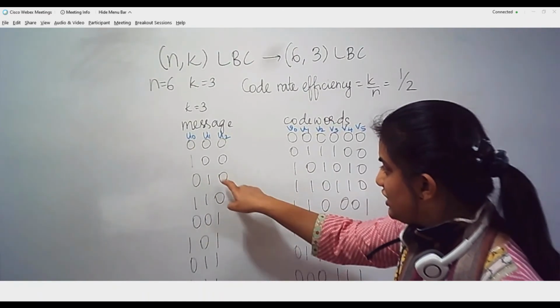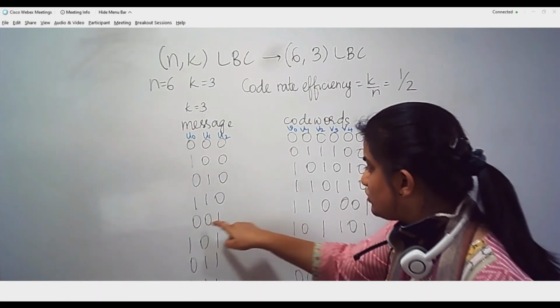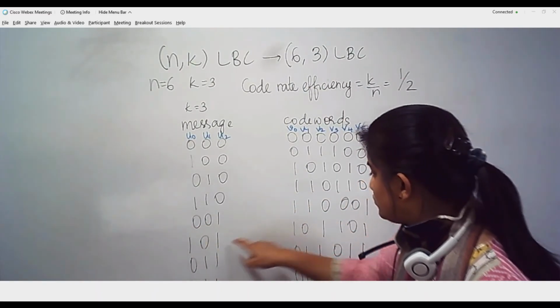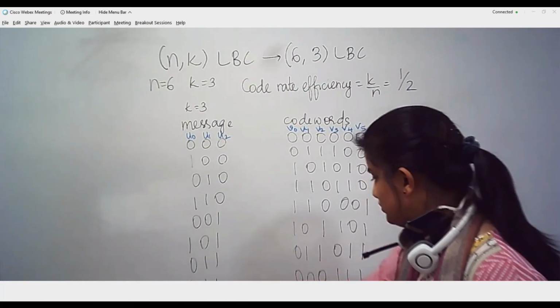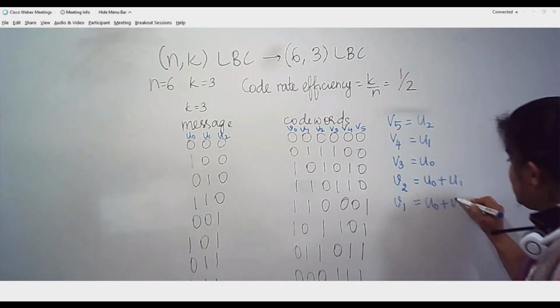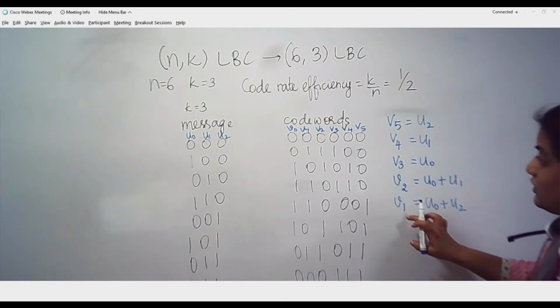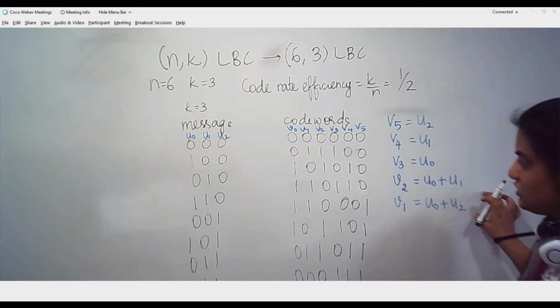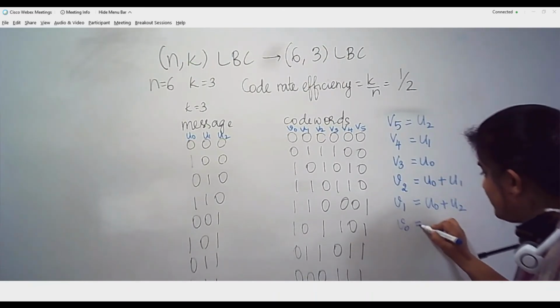Similarly U0 and U2 give 0, U0 and U2 give 1, 1, 0, 1, 0. So U0 plus U2 will be the generating equation for V1, the part of the code word V1.